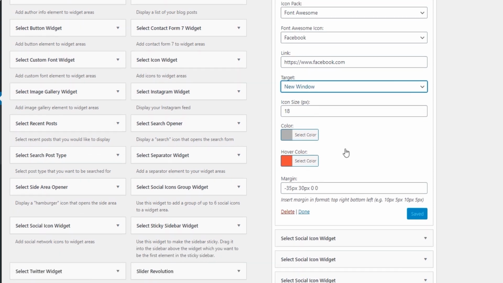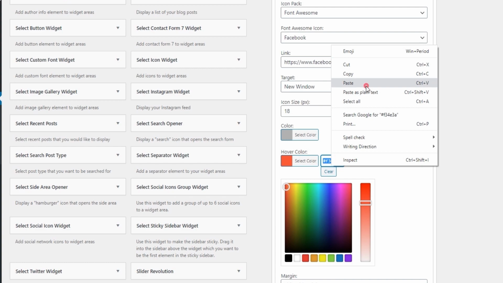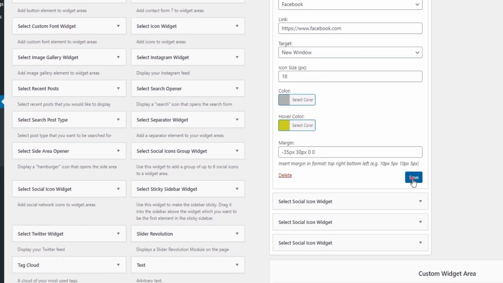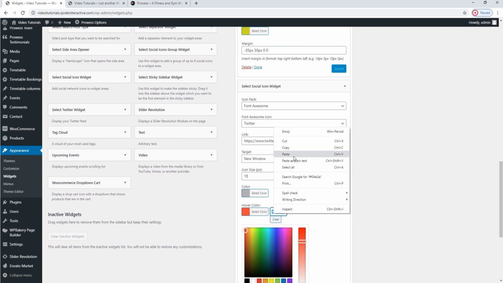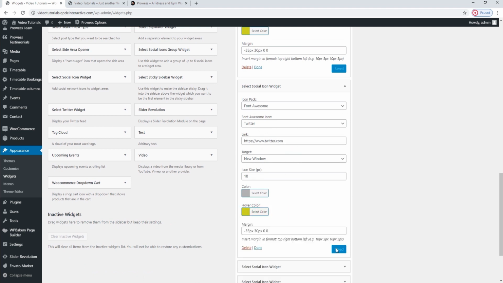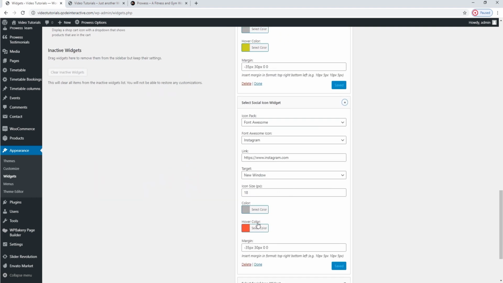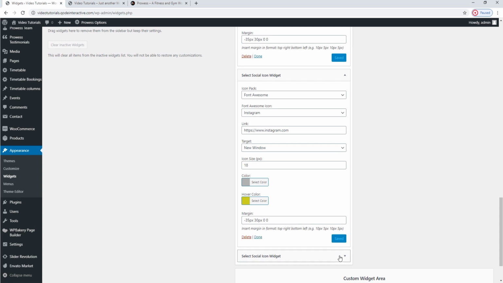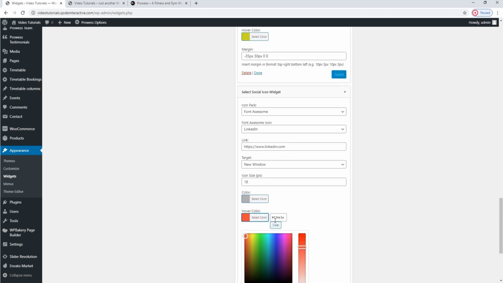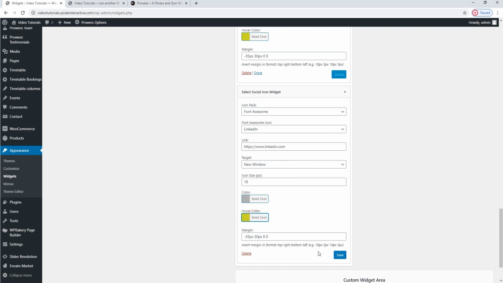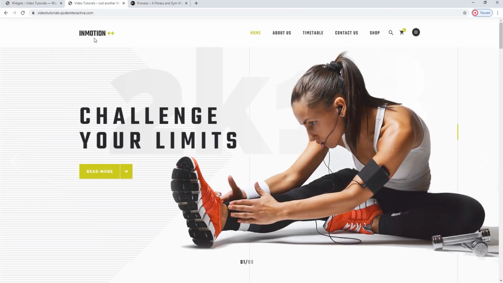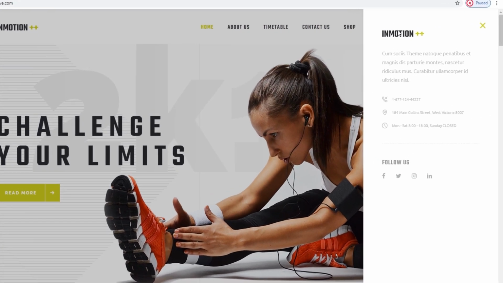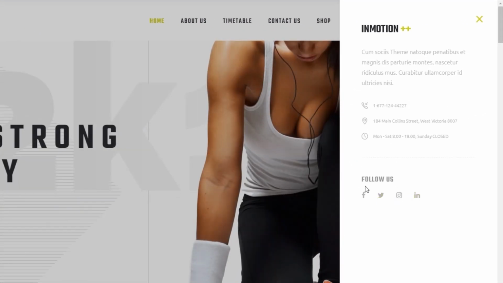Finally, you can edit the icon size, color, and hover color. I'll just change the hover color, but I'll keep everything else the way it is. Repeat this process for every social media icon you have or want to add. There are quite a few tabs here, so make sure you don't skip any of them as you're editing. Now let's inspect our edits on the live site. You can see the hover color on the icons changed as we wanted.